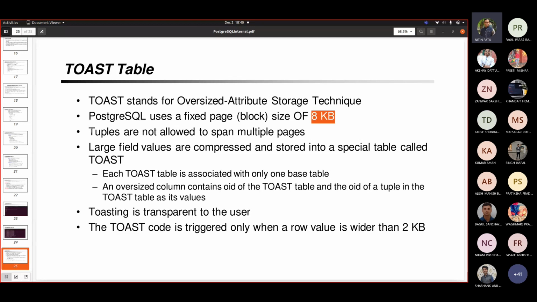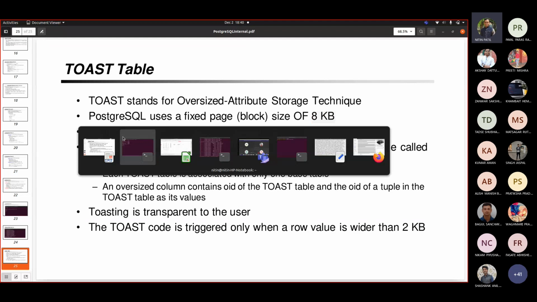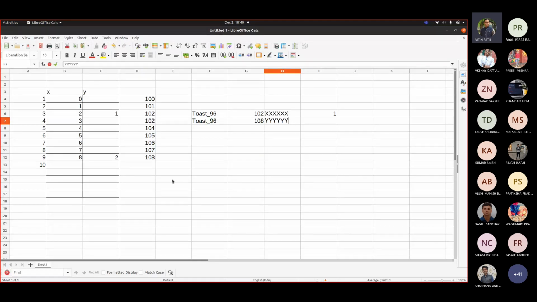Fine. Tuples are not allowed to span multiple pages. That means whenever you are storing a record in a page, suppose you start saving like this. Suppose each of these is 2 KB, 2 KB, 2 KB.